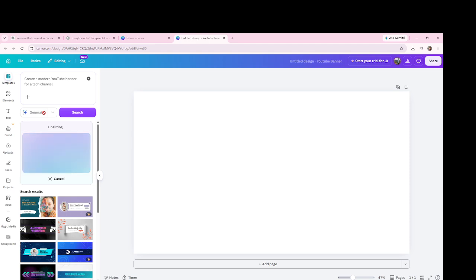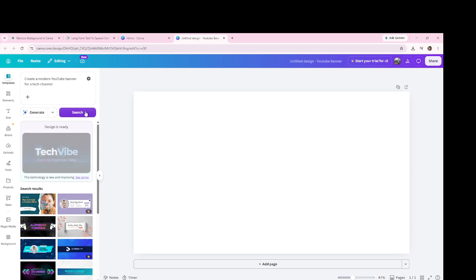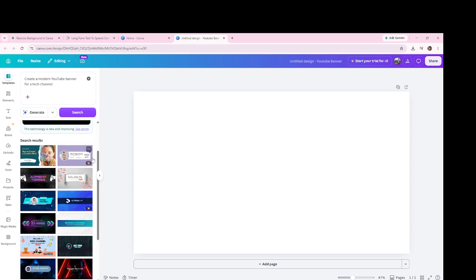As you can see, Canva AI generates multiple professional-looking designs in just a few seconds. You can scroll through the results and choose the design that you like the most. I'll click on one of the generated designs to open it. Now I can fully customize it by changing the text, replacing images, editing colors, selecting different fonts, and moving elements